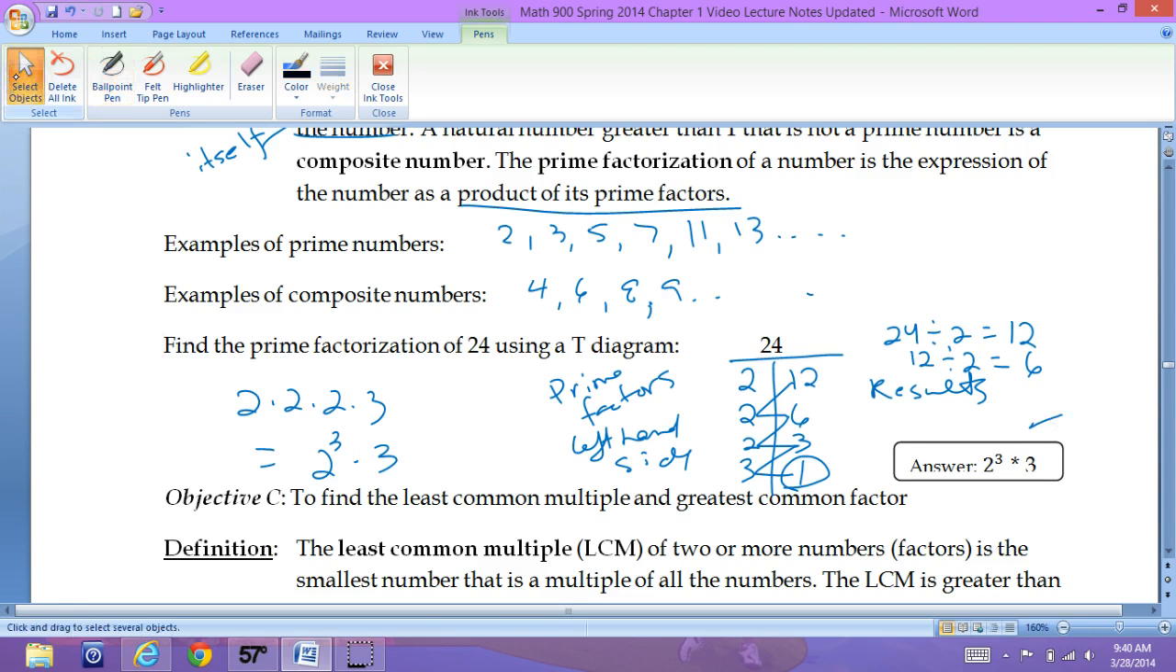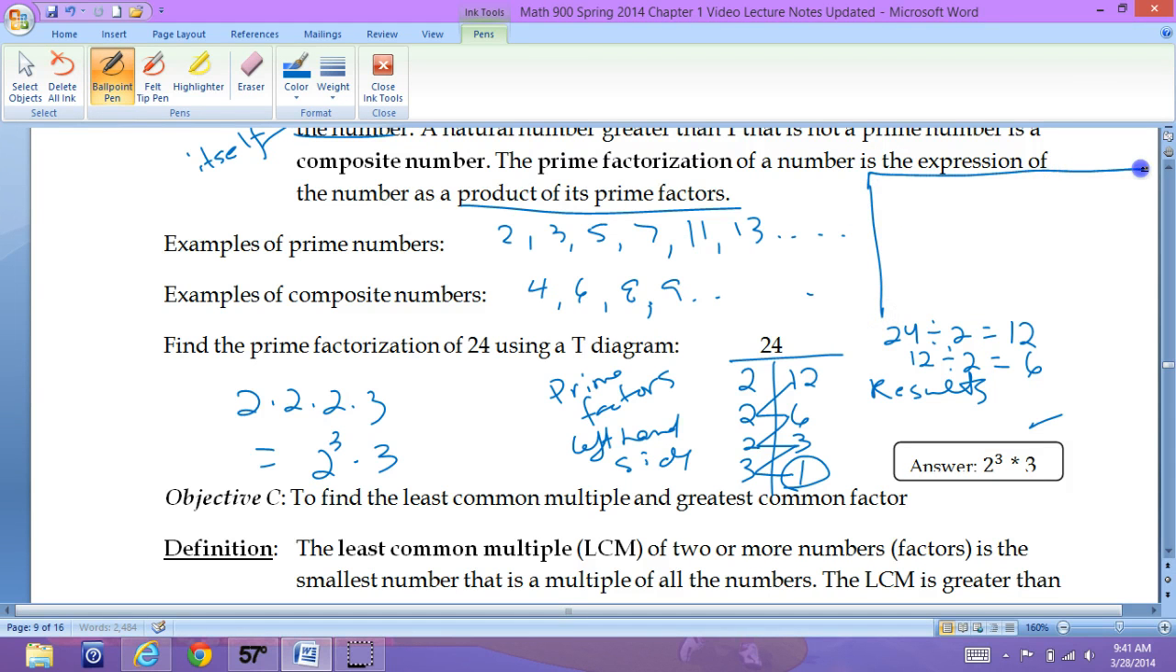So it's your choice. If you want to keep using the prime factorization tree, that's fine. If you want to try using the T diagram, that's fine. However, I'll warn you, the prime factorization tree, if you get a relatively large number, students tend to lose factors. So if you're going to do the prime factorization tree, maybe I'll just